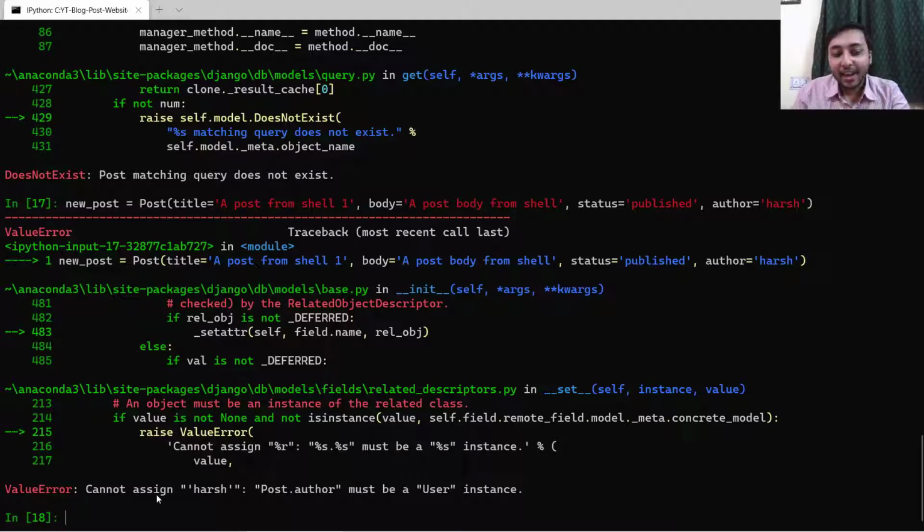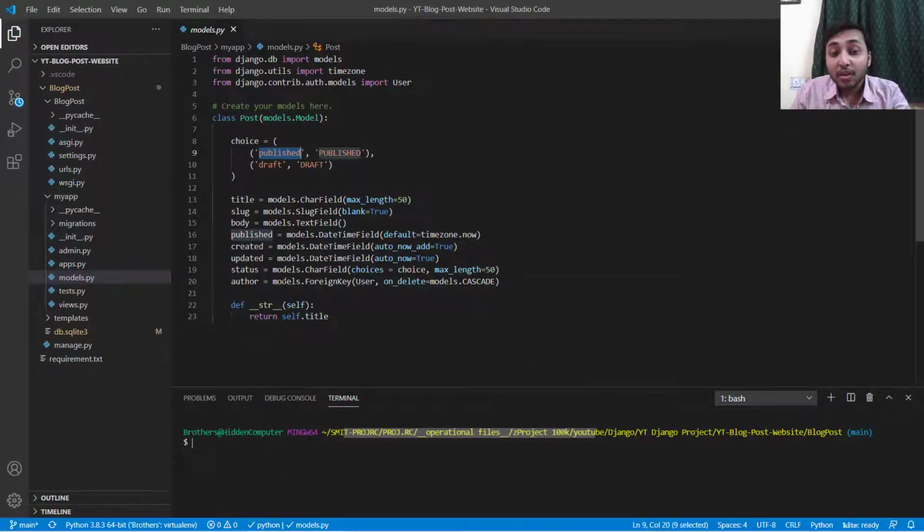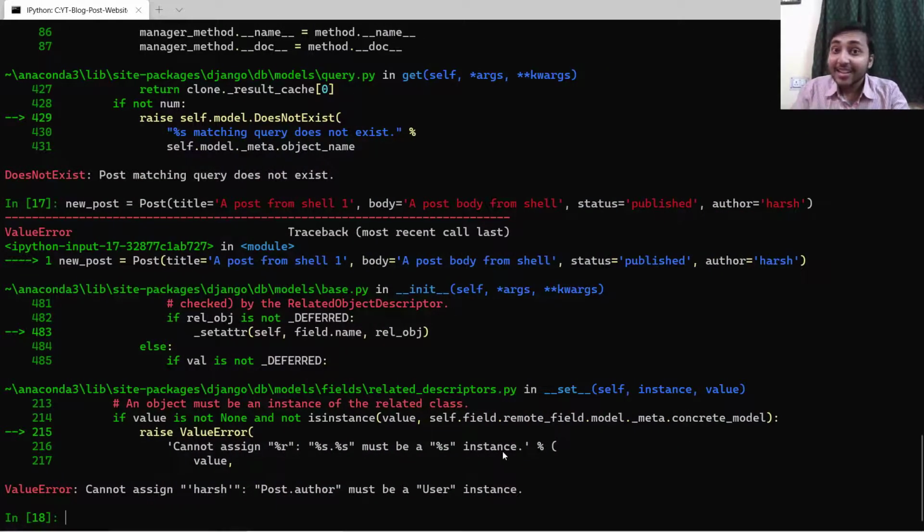It says cannot assign Harsh, post.author must be a user instance. Why user instance? Because we have created a many-to-one relationship, and once you have created a many-to-one relationship, you need the instance of that particular model. Here we have the user model, so we need an instance of the user model. If you are referring to any other model, you need to have the instance of that other model.